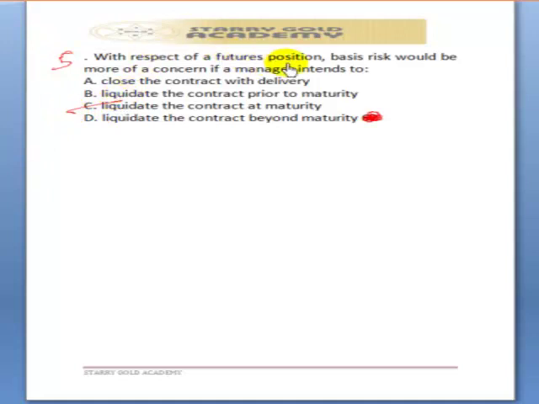So with respect to the future position, basis risk will be of concern if a manager intends to liquidate the contract prior to maturity. And question 6,